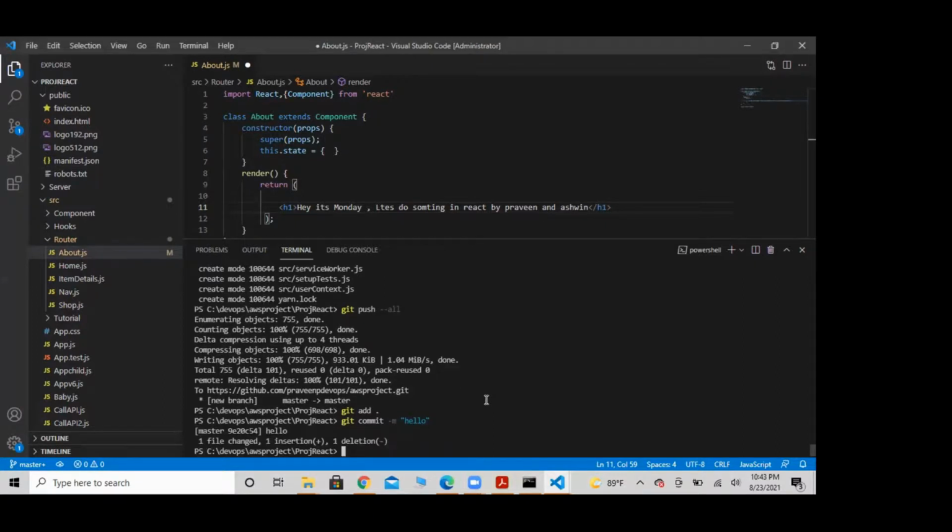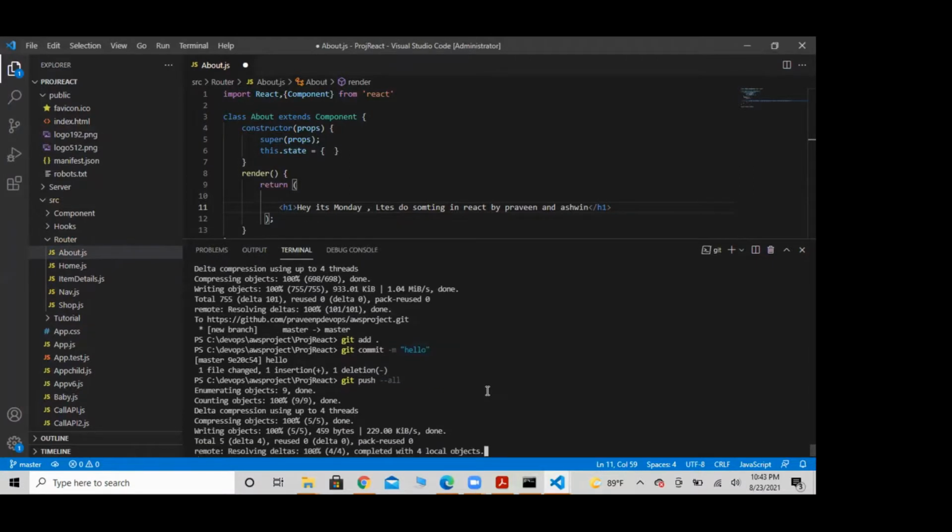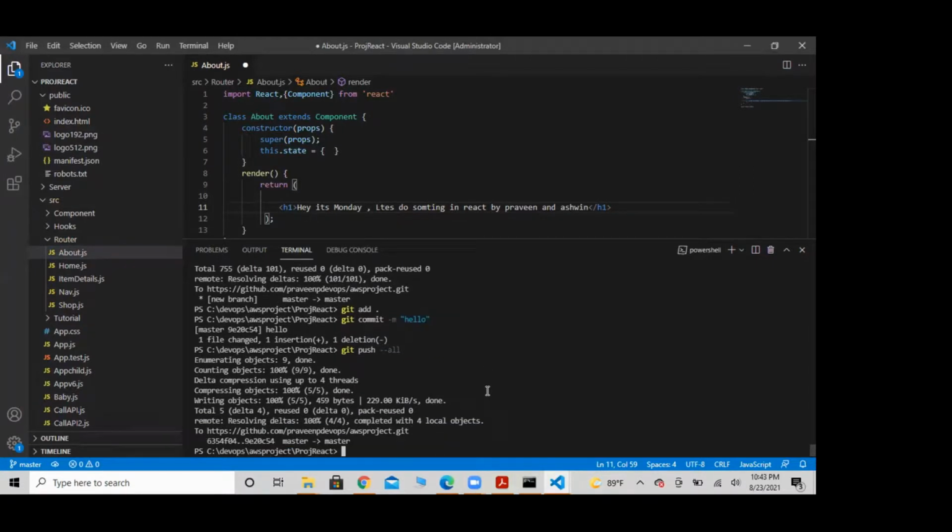Hit enter and then git push. Now go back to the React application again.